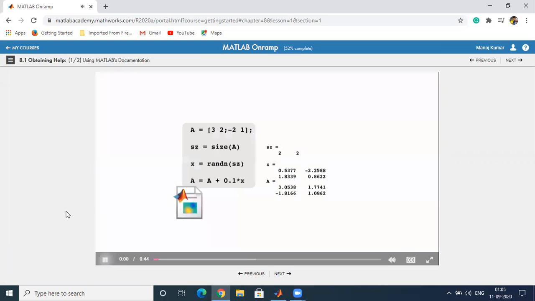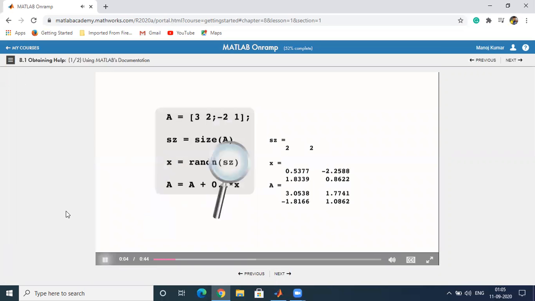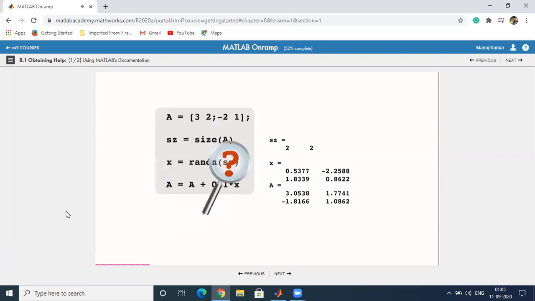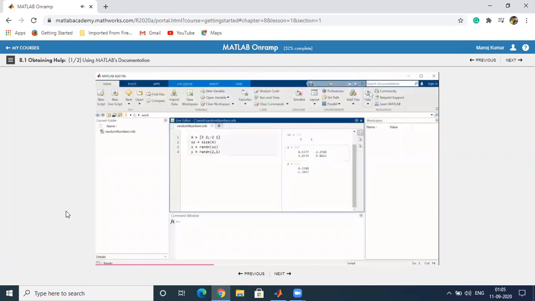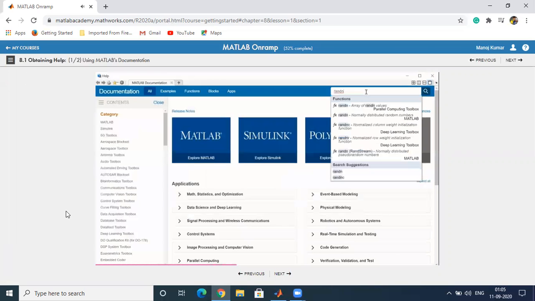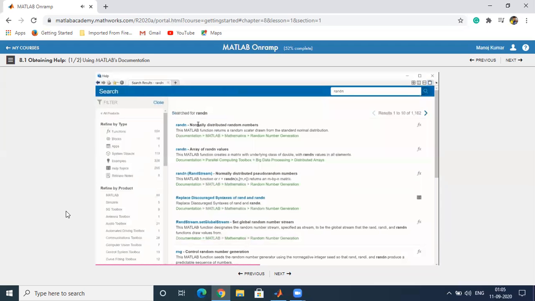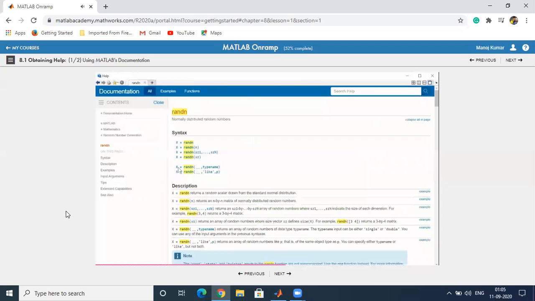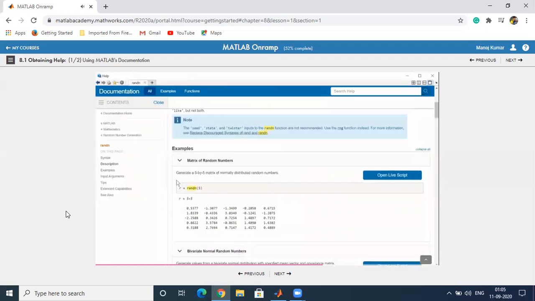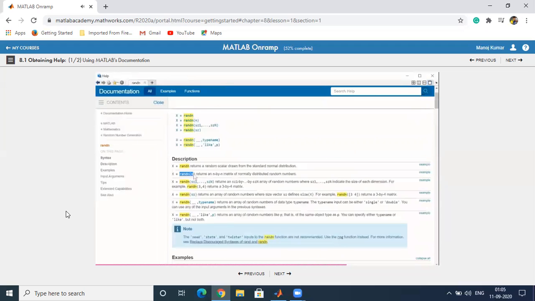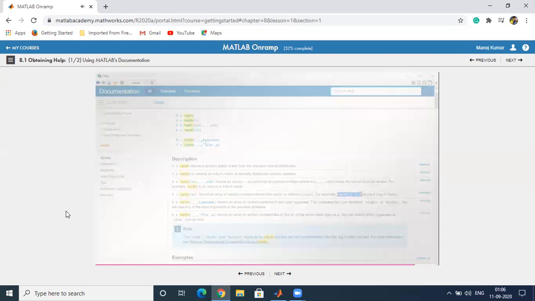Suppose you're reading a friend or colleague's code and you encounter a function you haven't used before. When you want to learn more about MATLAB functions or capabilities, you can use the MATLAB documentation. You can access the documentation by clicking the Help button. Within the Help browser, you can browse or search for content. All MATLAB functions have a supporting documentation page. These pages include supported calling syntaxes, a description of those syntaxes, and examples. For instance, here you can see that you can call randn with one input to create a square matrix, or with two inputs to create a non-square matrix, like a vector.